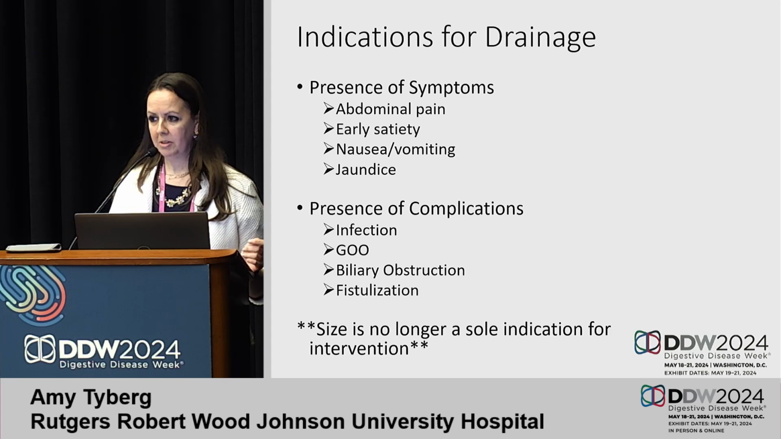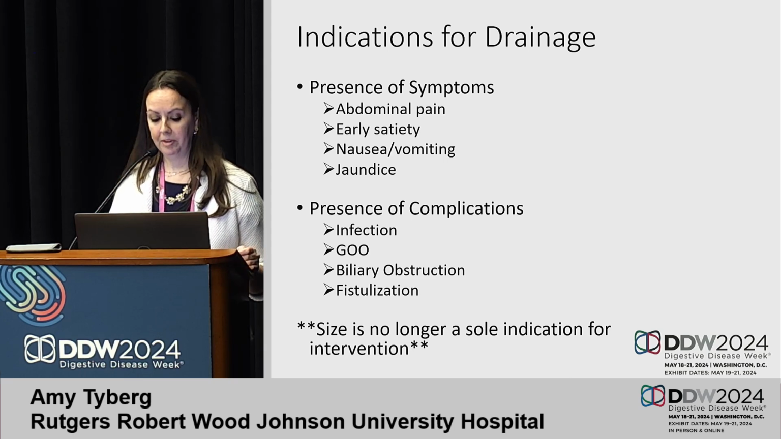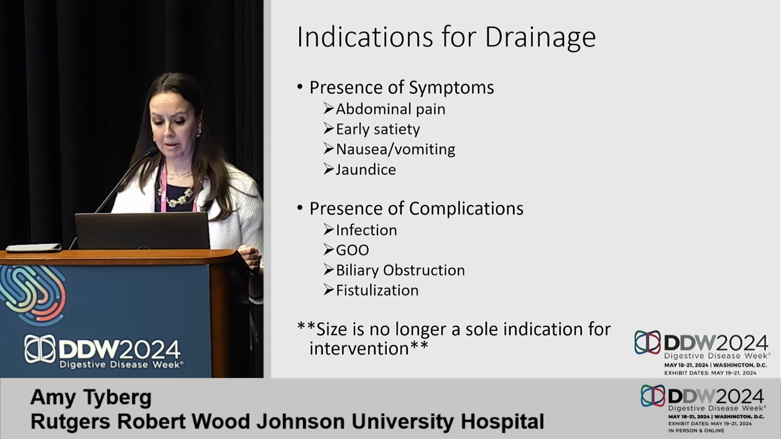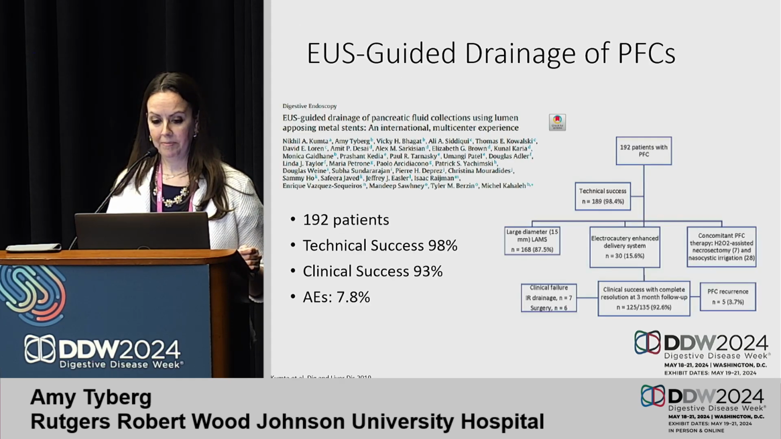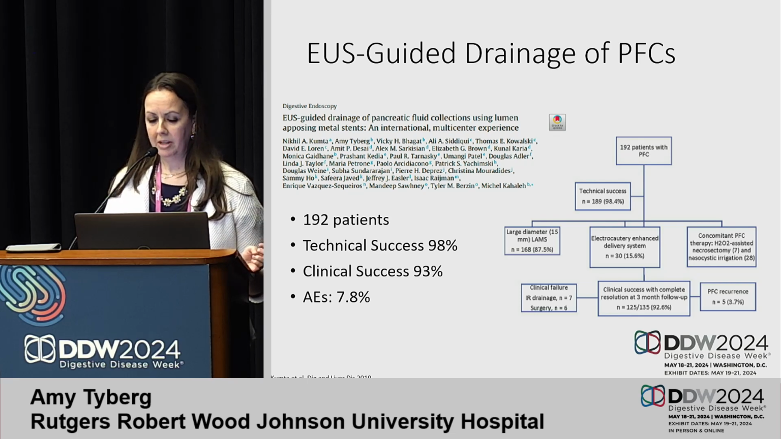But some of the other symptoms that patients can present with include abdominal pain, early satiety, nausea, vomiting, jaundice, or complications of their collection, such as infection and some of the other obstructive etiologies that we spoke about in the previous lectures. And when we look at the data to support the fact that we start with an endoscopic approach,